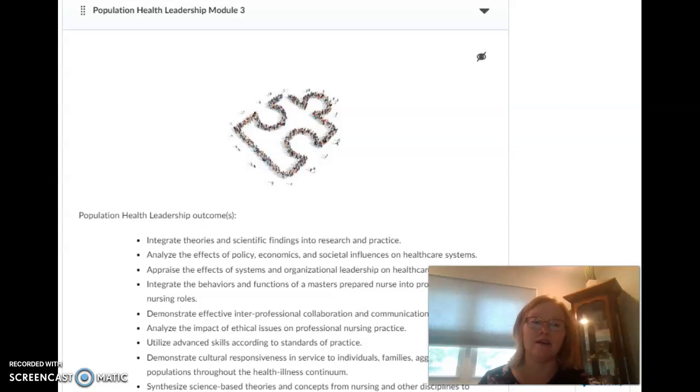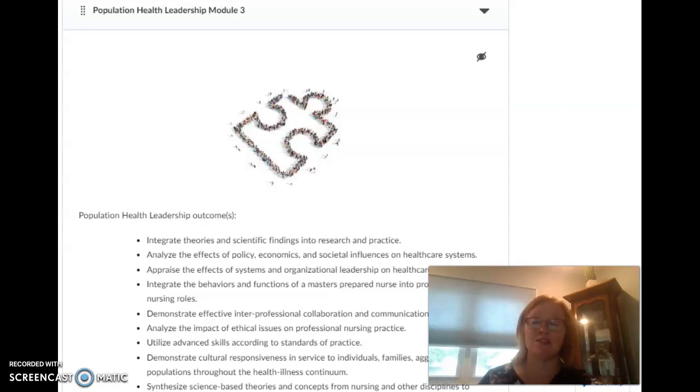We need to hold on to our particular guideposts and engage with individuals with that shared vision of the why of your work. Remember that your focus as a leader in population health is on engaging individuals to help them understand population health and why it's important. So within this module, you'll have an opportunity to apply leadership skills in engaging individuals in population health practice. So keep that in mind as you're reading through the materials.